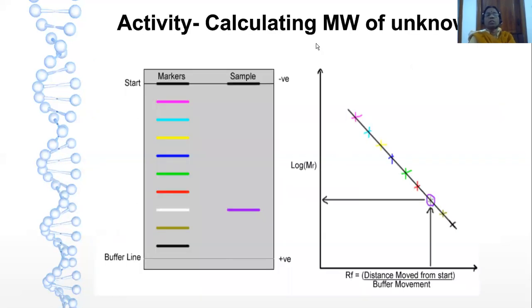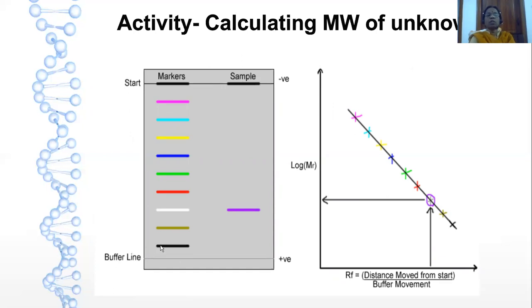So here, to give you a better understanding of how we calculate the molecular weight, this is our crude extract which we have loaded, and here we are using a ladder, which is a standard, commercially available standard. With this, each band's molecular weight will be given. If you are using a protein molecule, it will be given in kilodaltons. If it is DNA, then it will be given in kilobases.